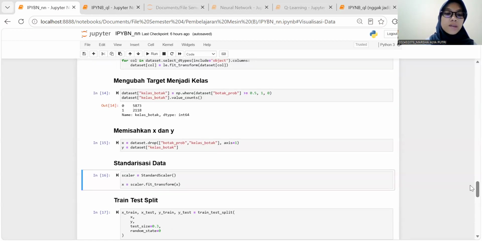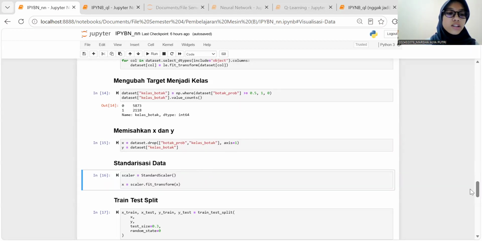If the probability is greater than or equal to 0.5, the class becomes 1, meaning high probability of baldness. Otherwise, it becomes 0, meaning low probability. After that, we separate the features into X and the target into y.